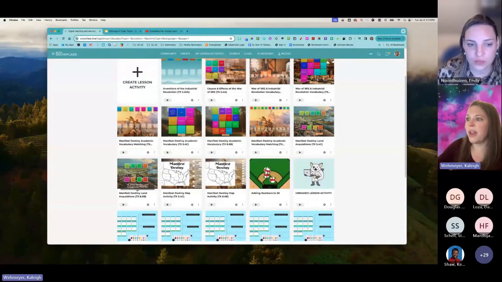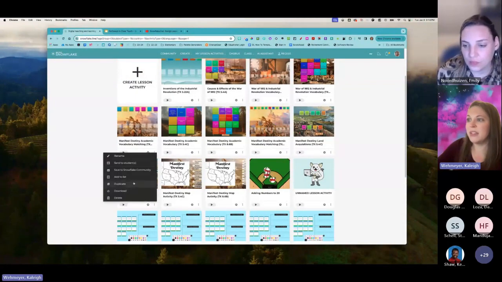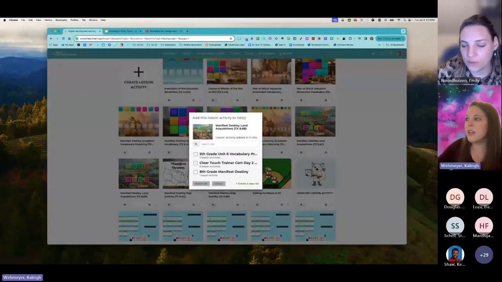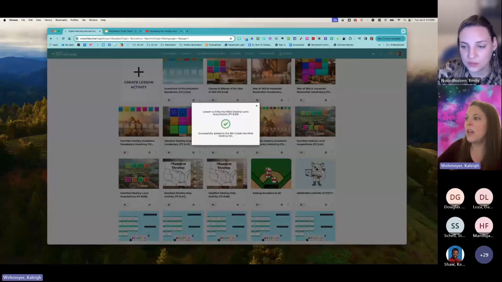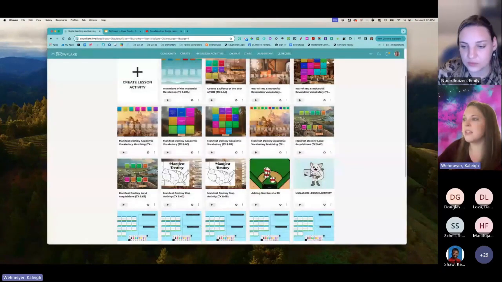And now I want to add this one to that same list. I'm going to click on the 3 dots again, add to list. This time I don't have to create a new list because it's already here. I'm going to click the checkbox and add to list. Okay, so now that I've created this list, and you can add more than 2, I'm just doing 2 to